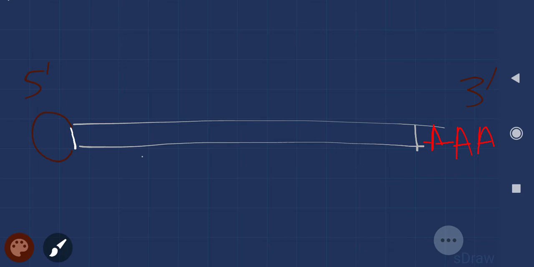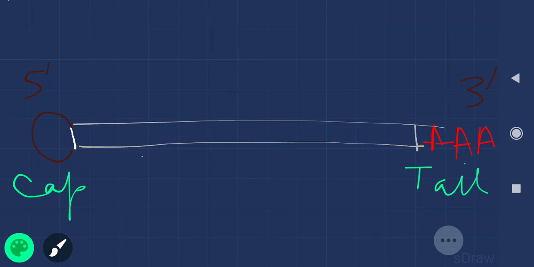Okay, so let me write. So this is the 5' cap, this is the poly A tail, and